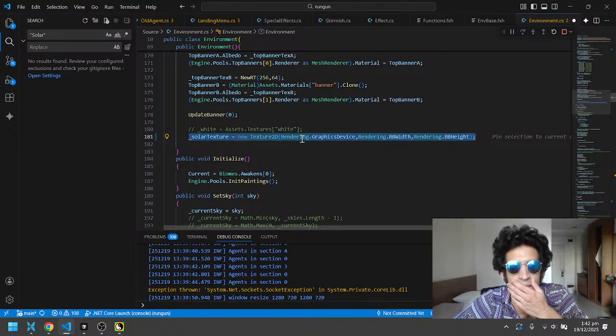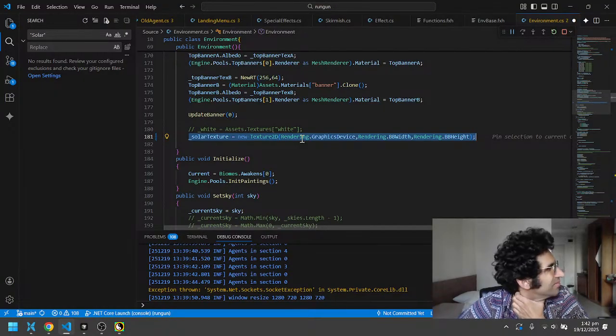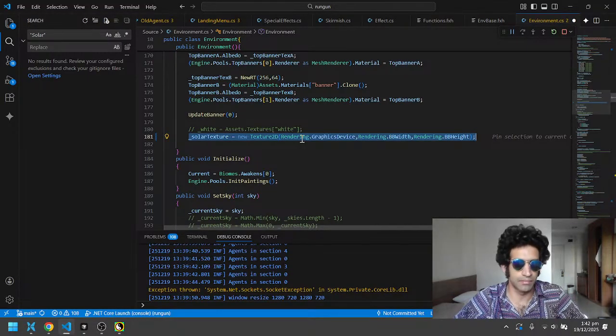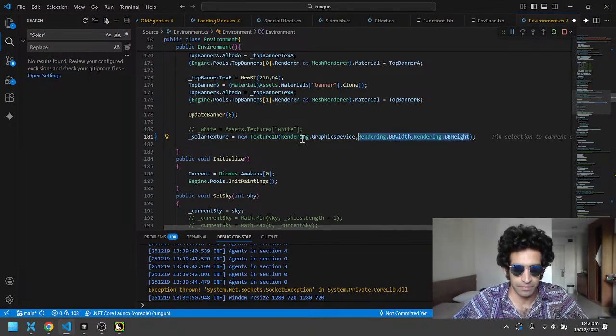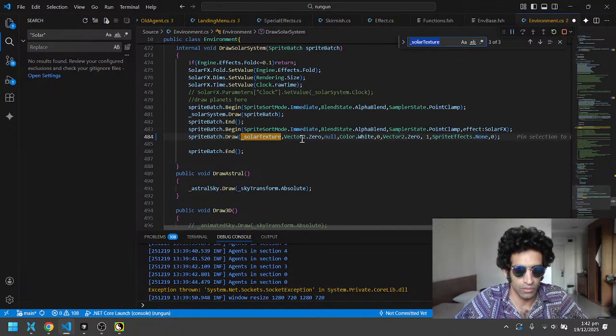I could very easily just scale this rather than make a new texture. 320 by 180 in a base scaler, right? We're sticking with that. 320, 180, solar texture,